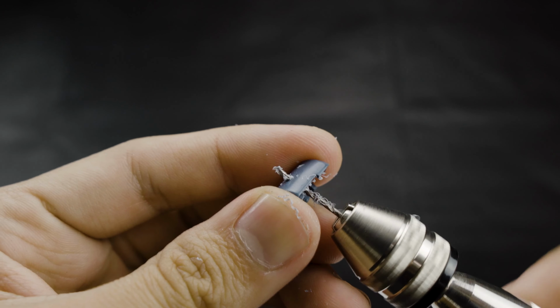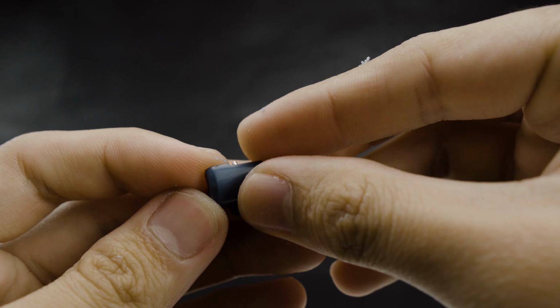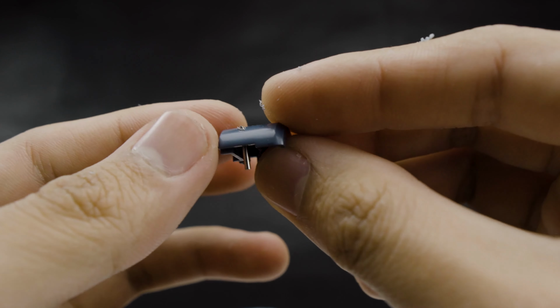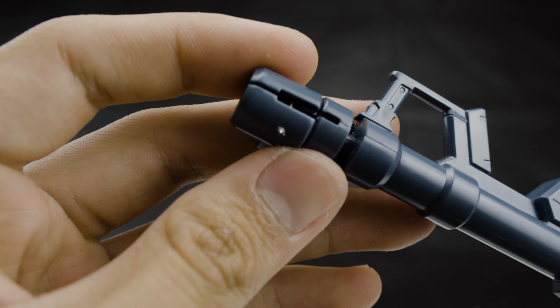Holds the part in place. Drilled it all the way, inserted the metal rod to check once again, and everything seems to look fine. So let's get on to the other side. Fits well. However, we're gonna have to make some grip for a part that's inside, so take the broken piece